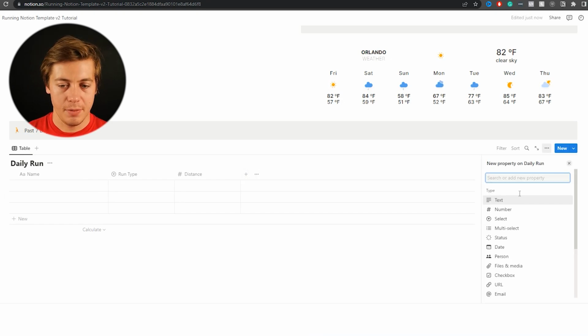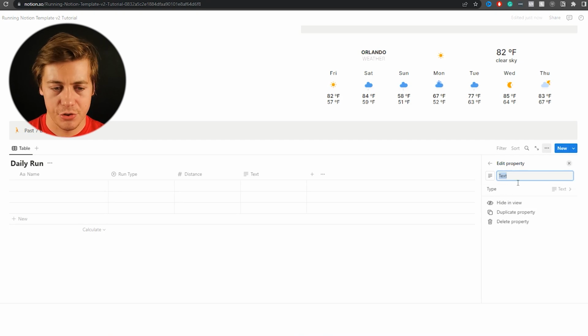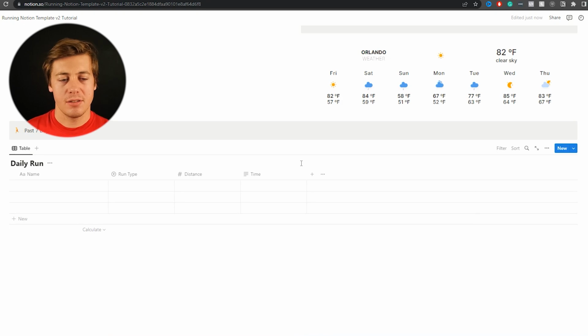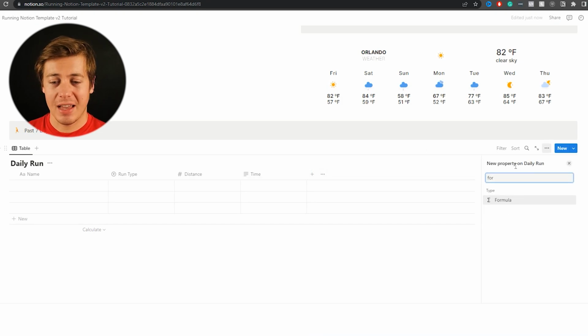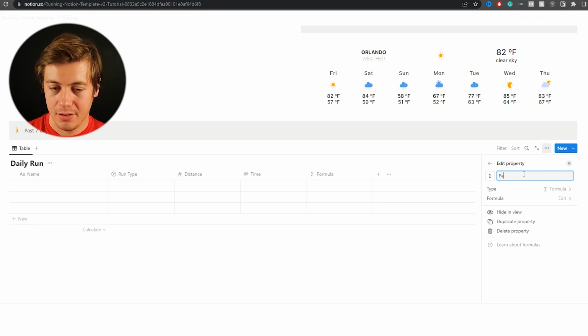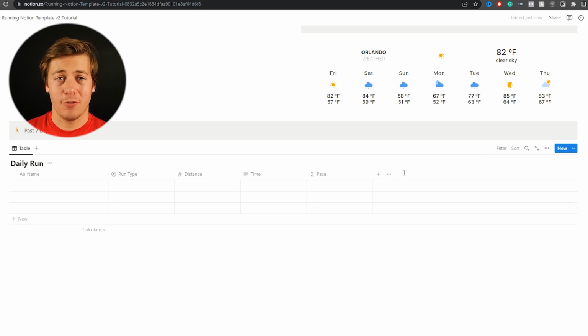We're going to put time, but we're going to keep that as text. I'll show you guys why in a bit. Notion's not the best for durations, so I kind of had to find a compromise with it and build out some formulas. So we're going to have a formula over here, and we're going to have this as pace. Don't worry, I will give you guys that formula as well in the